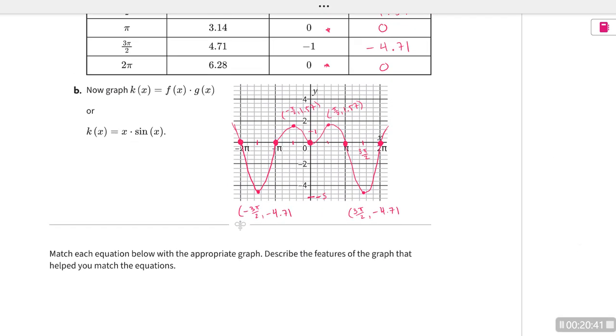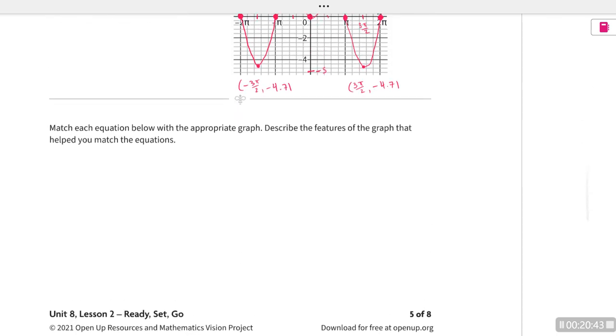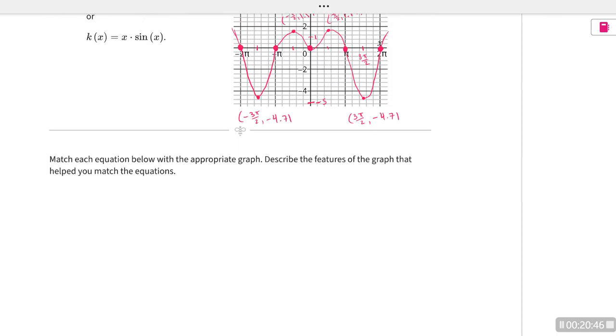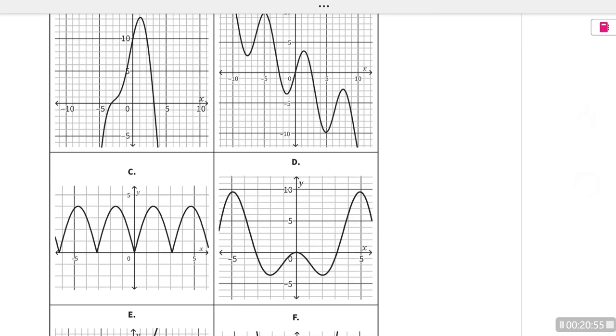Question. It says the next set of directions, I'll read those first. Match each equation below with the appropriate graph. Describe the features of the graph that help you match the equation. So we have,